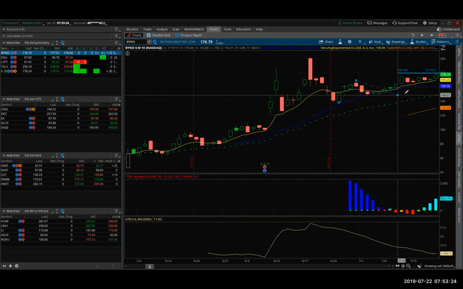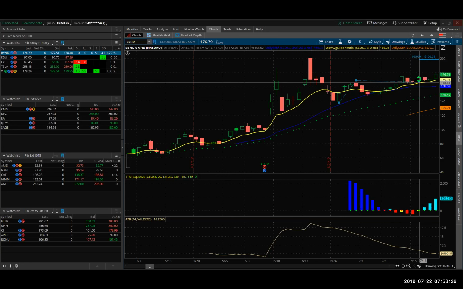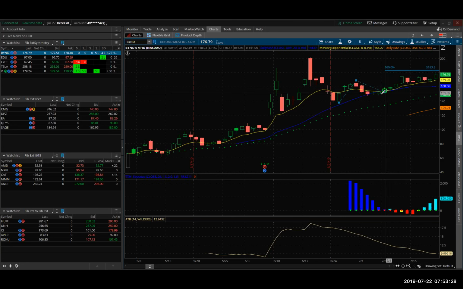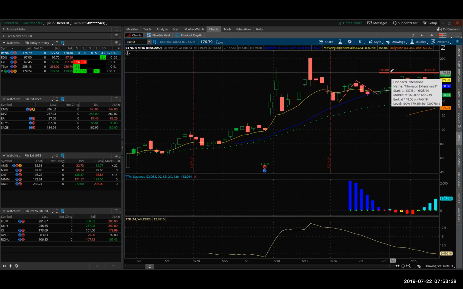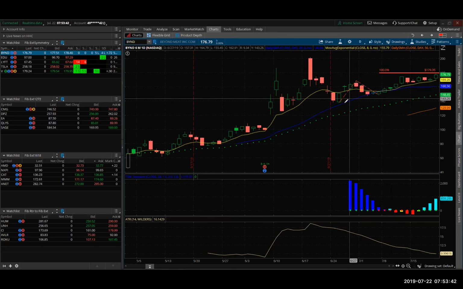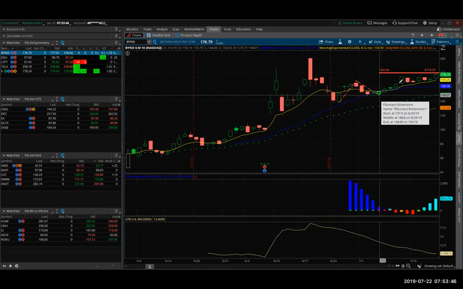And then we measure it off any one of these lows, or I like to go to the low right before, right? There's a few areas in there, they all sort of line up, but I want to go to the low right before. And that gives me what's known as symmetry. That gives me the approximate price move that this stock could make from here. And it's doing it, right? It's literally hitting that